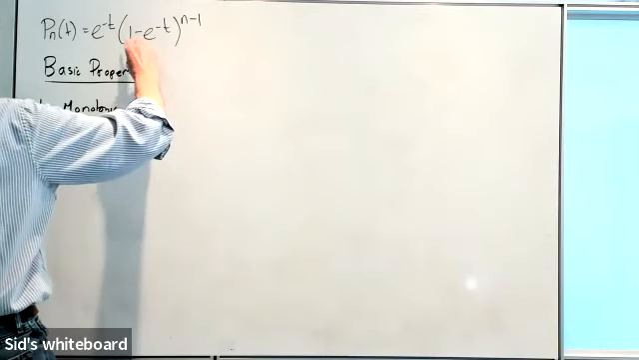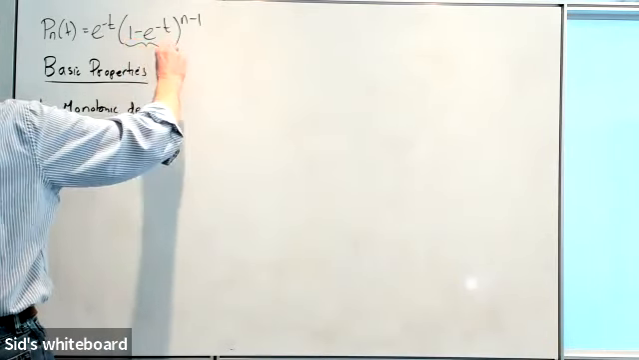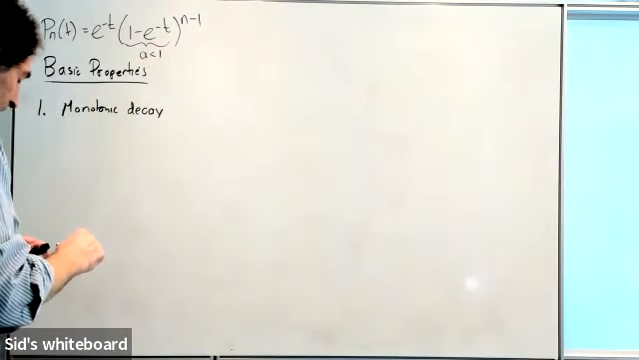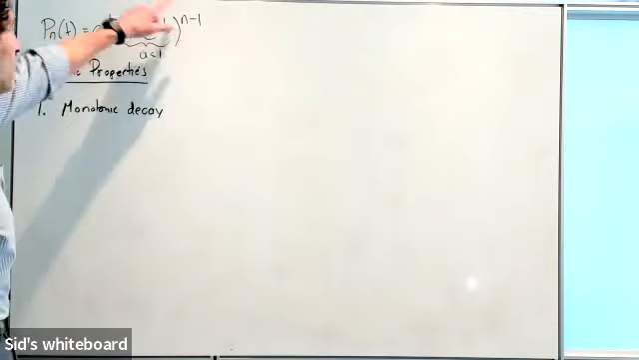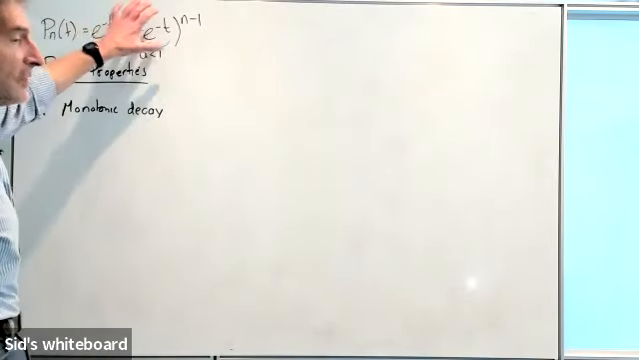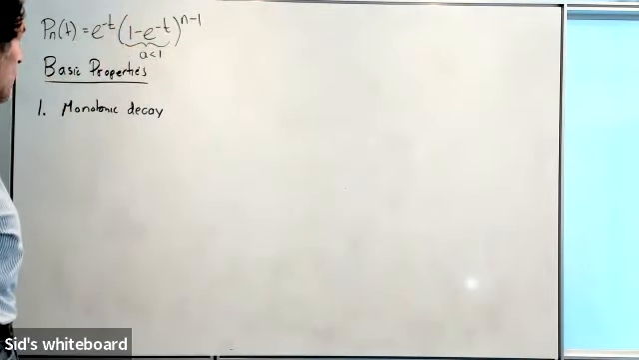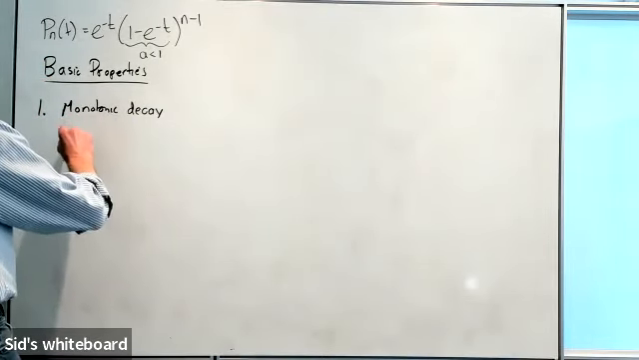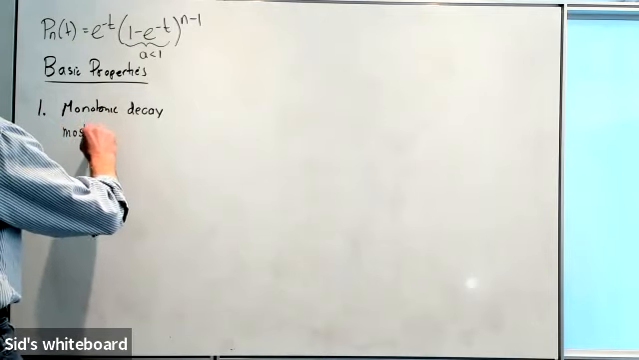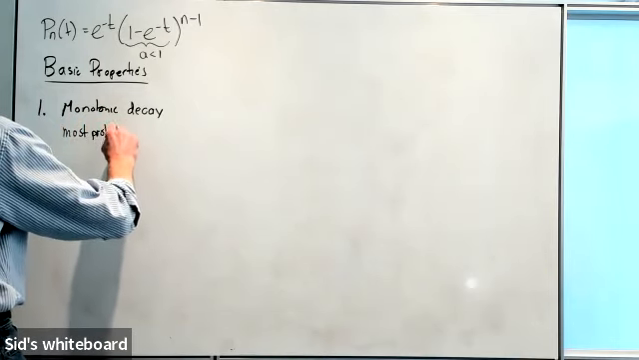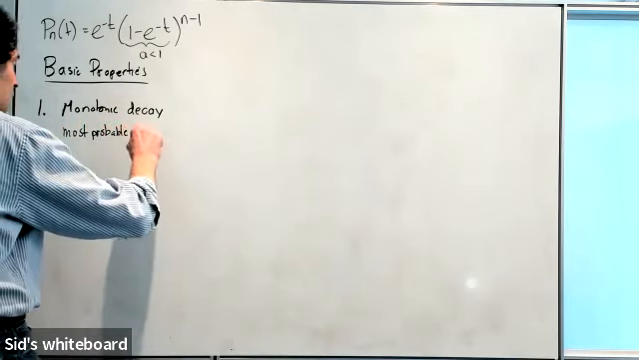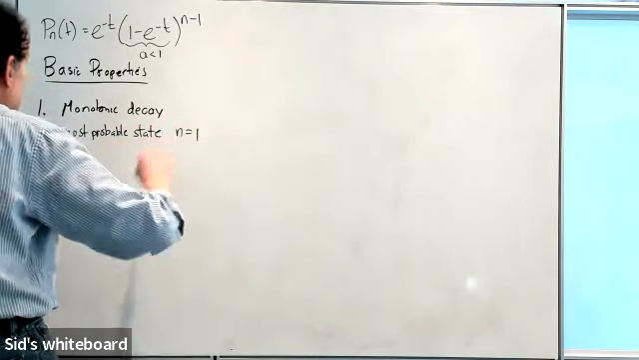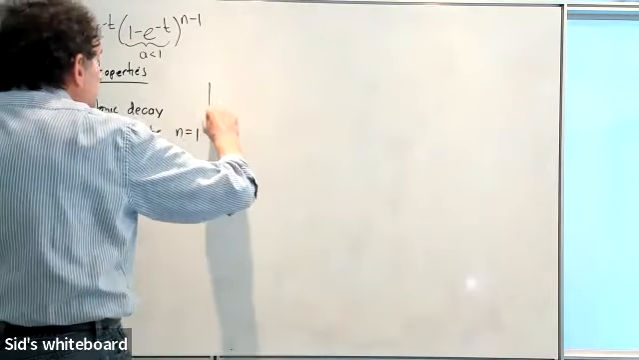Because for any positive time, this quantity, which I'll call A, is less than 1. And so as I go for larger and larger n, this is getting progressively smaller. So that says that the most probable state is n equals 1. So if we were to plot this distribution as a function of n,